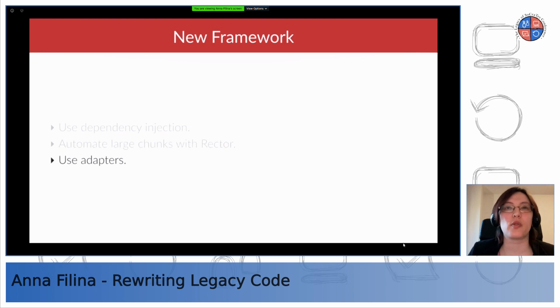Mostly custom Rectors, of course, because it really depends on where you're coming from and what you're moving to, what your code style is. You can use adapters. So let me explain. Let's say you're using an MVC framework, so you have a view which calls view helpers, like this format date.